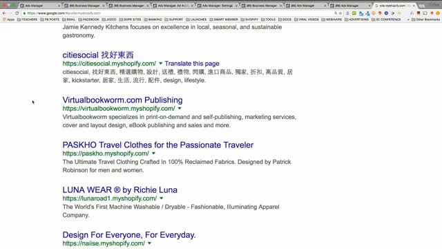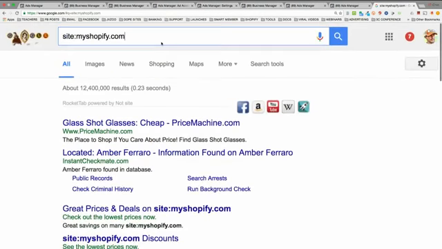Why is this important? Because if I was going to start up a store on Shopify and run ads to it, I would want to see what some other stores looked like. Okay? That's what this is. Now remember, I told you can also add a keyword after it. So you could do site, my Shopify, and then you could do something like